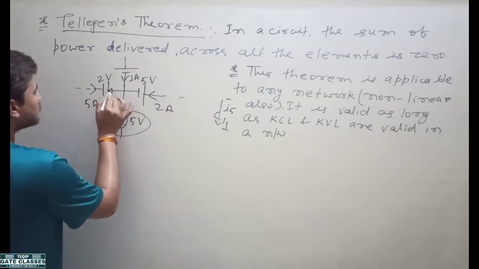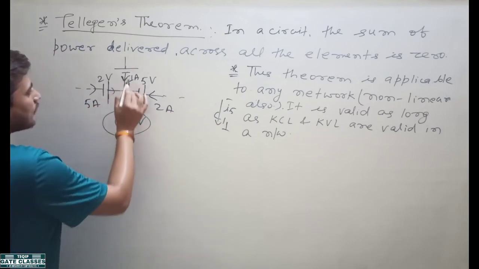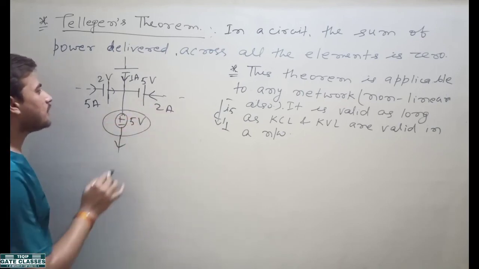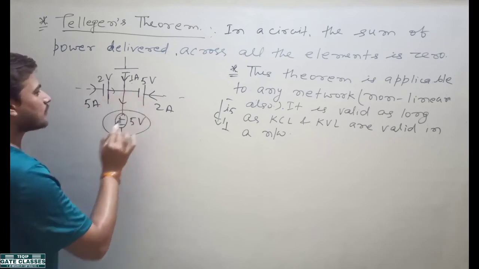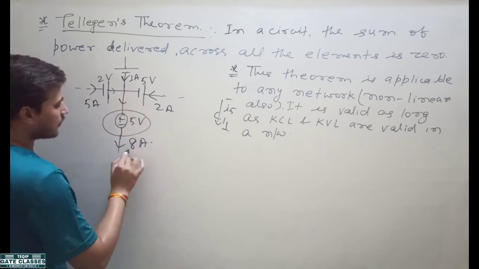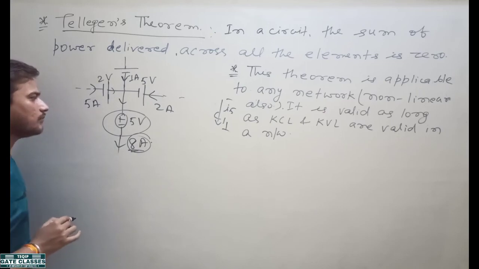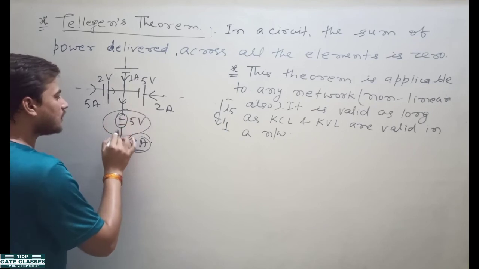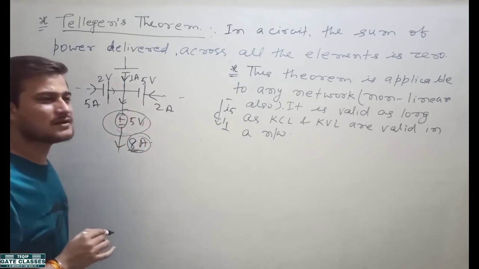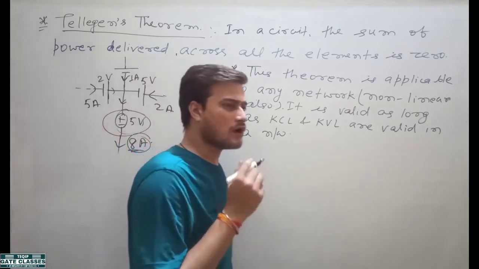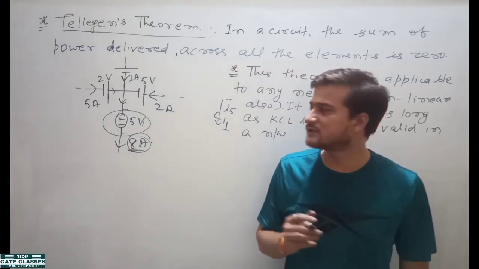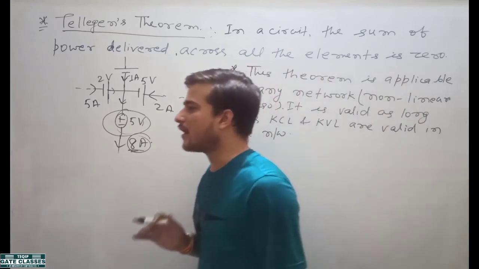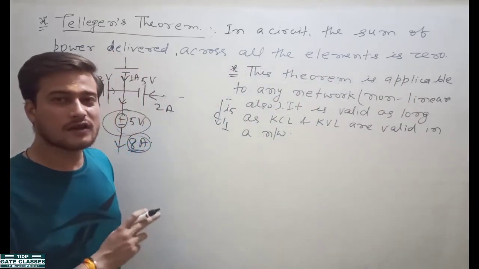Look at this one. This is 5 ampere, this is 1 ampere, this is 2 ampere. So the total current through this battery will be how much? This current is 5 plus 1 plus 2, that means 8 ampere. The total current will be 8 ampere. Now you see, the 8 ampere current is entering through the positive terminal of this battery. So if the current is entering through the positive terminal, it means the battery is taking the power, the battery is absorbing the power, the battery is being charged here. The battery is in charging mode.